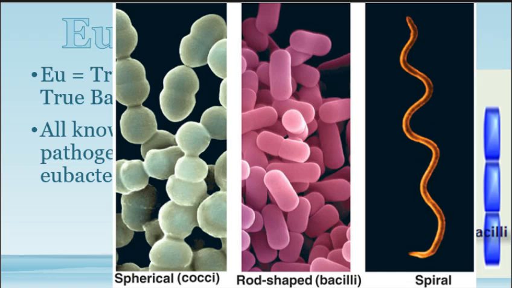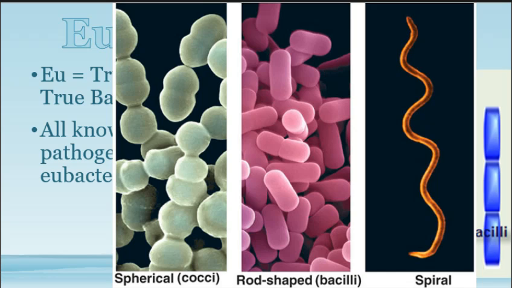Then our rod shape, these are really classic. You've probably heard of one of these, like you've heard of strep and staph. The most famous of the rod-shaped ones is called E. coli, or Escherichia coli. Escherichia coli is growing right now in your gut, and it's important. It's good. We need it in our gut. We don't want it in our water source. We don't want to drink somebody else's E. coli. And we don't want E. coli from cows. That would be gross. Ew. Yeah, because that's different strains, and that one could make us sick.